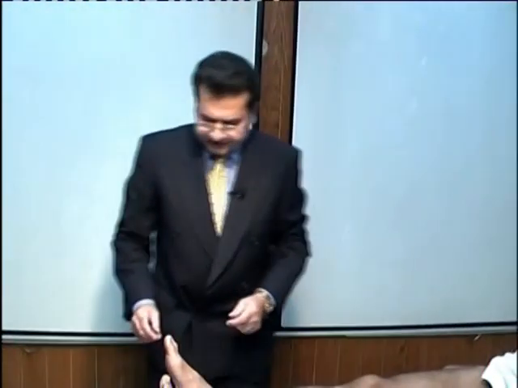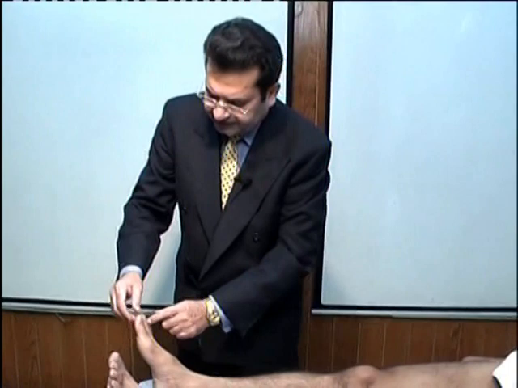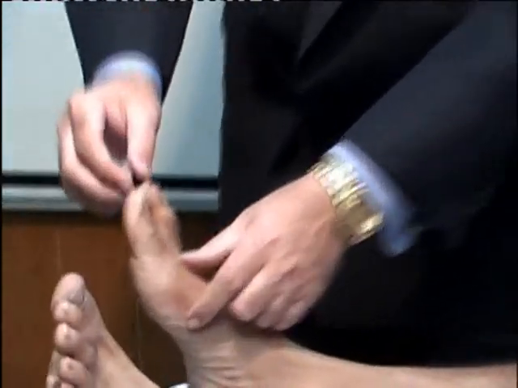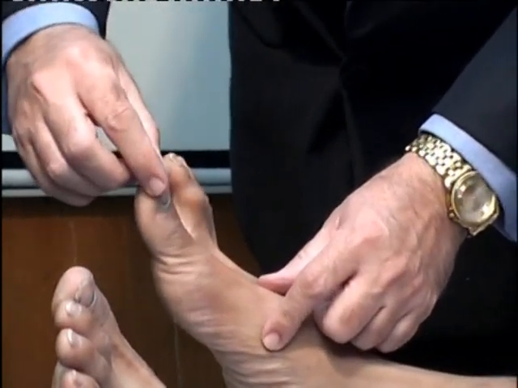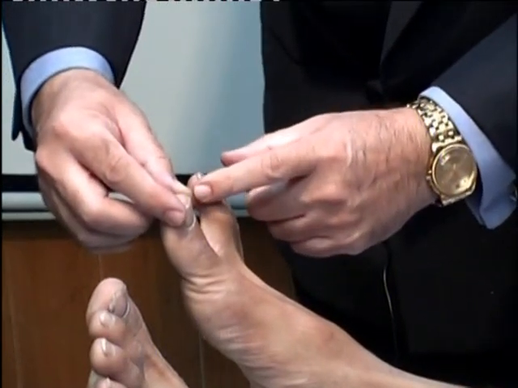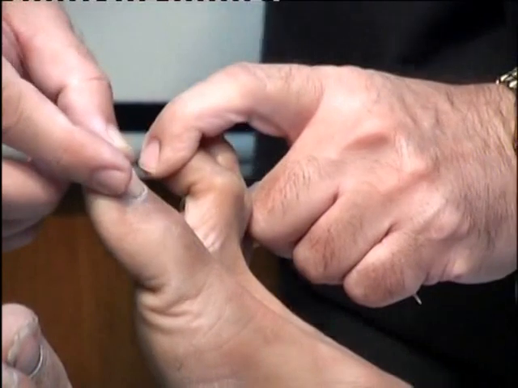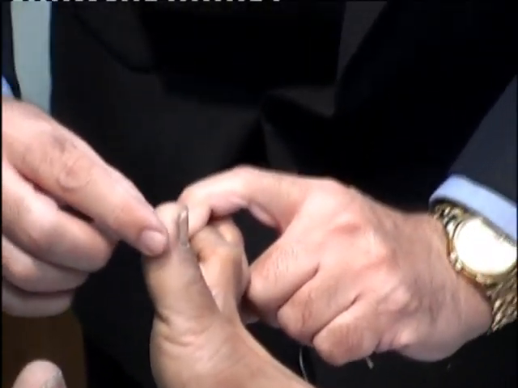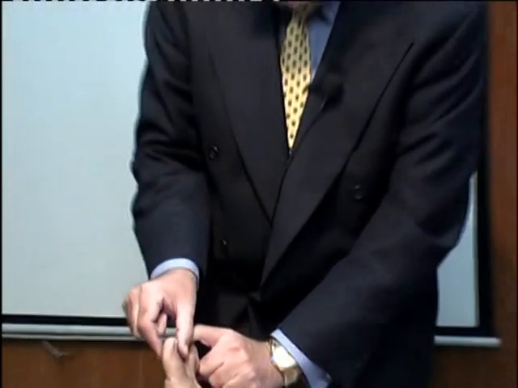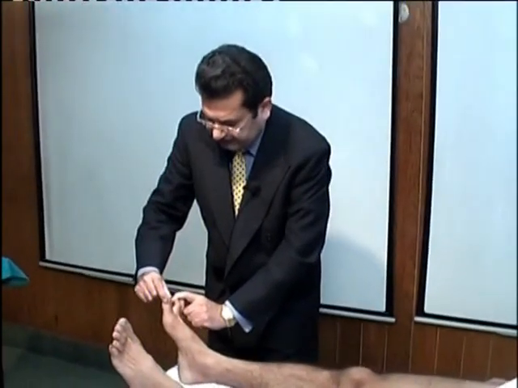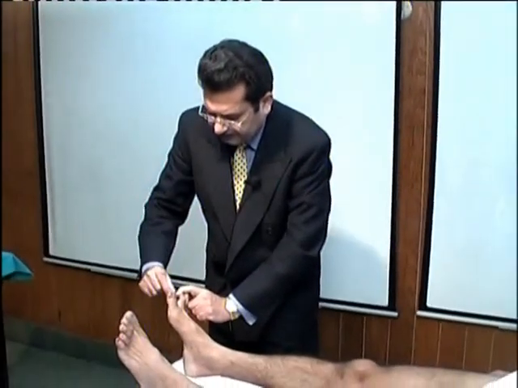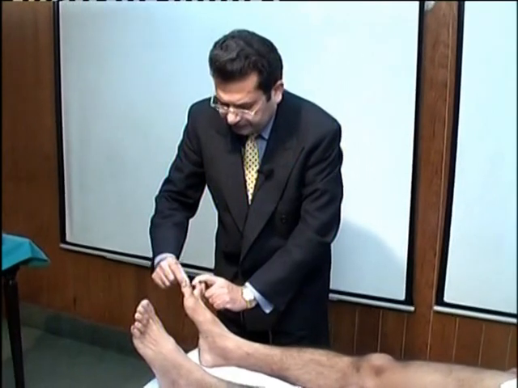As regards the sense of position, it's important to remember the proper way to demonstrate it. We usually choose the great toe. With the other hand, we remove the other toes so that they do not touch the great toe, and we hold the great toe from the side, not like this. We hold it from the side to stimulate the minimum sensory area, and we first of all wiggle the toe,